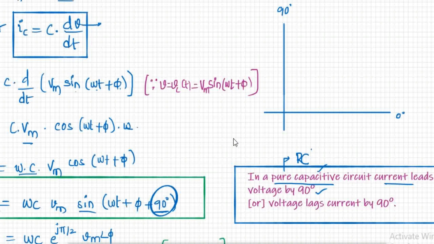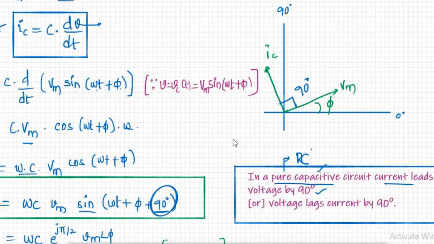That means if I draw the phasor for the voltage, which is Vm sin(omega t plus phi), it will be like this. This is Vm having the phase of phi. The current will be 90 degrees away from this voltage phasor in a leading format. That is, the current will lead this voltage. Leading means to the left of this vector. So this is the current through the capacitor iC, leading the voltage by 90 degrees. So this is a 90 degree angle.